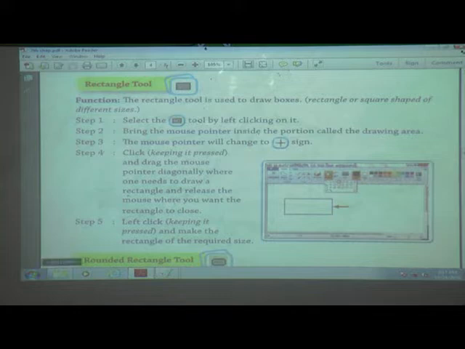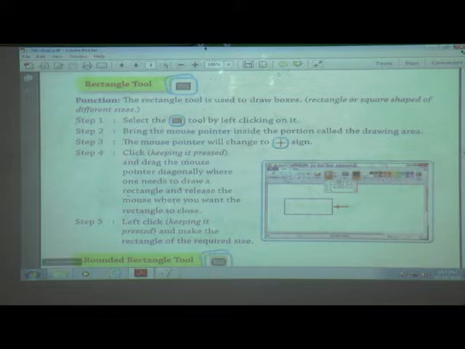Release the mouse where you want the rectangle to close, meaning whichever size we want to draw. Suppose we want this size only, then stop over there only.